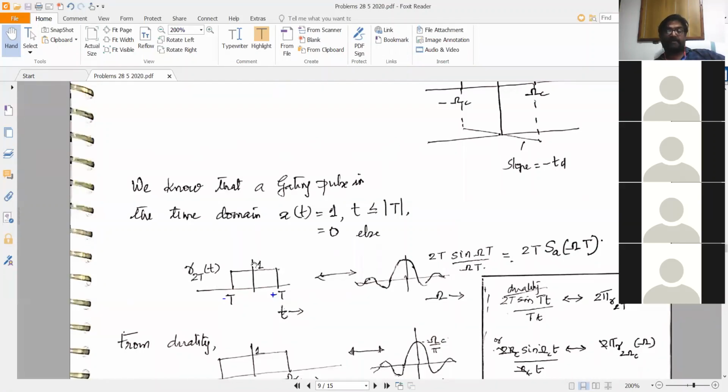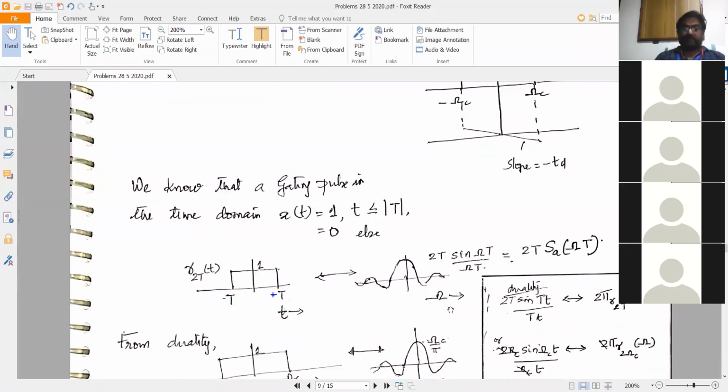This is equal to the gating pulse, or the rectangular function, in the time domain. In the time domain, the duration is from minus T to plus T, and the value is equal to 1. In the frequency domain, you had seen that its Fourier transform is the sinc function, the classical sinc function that